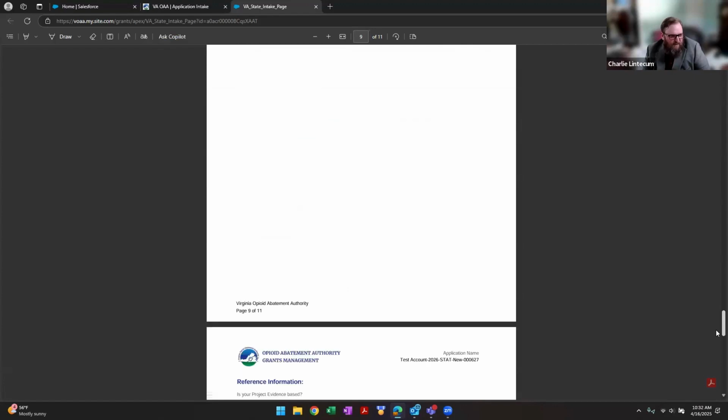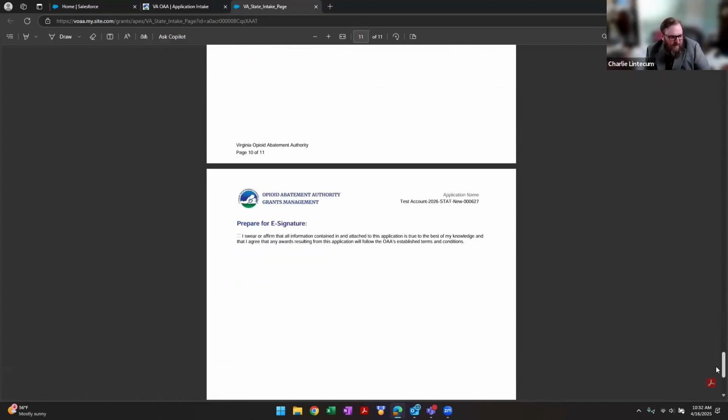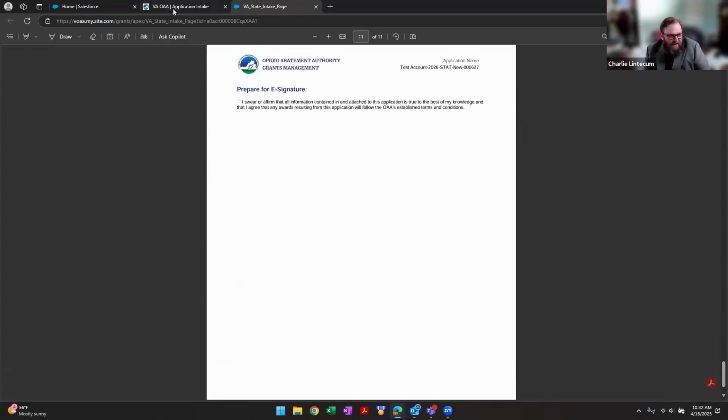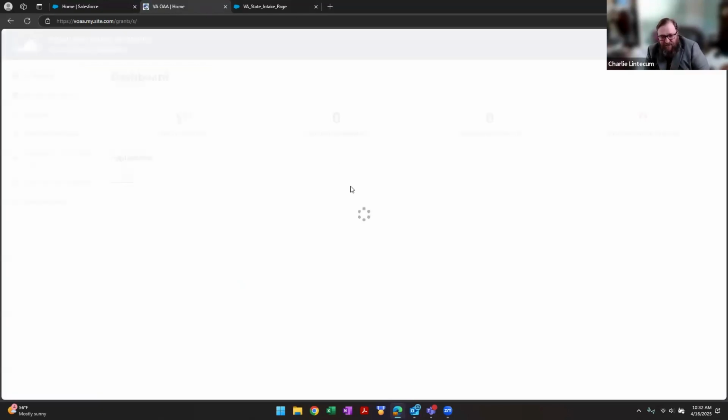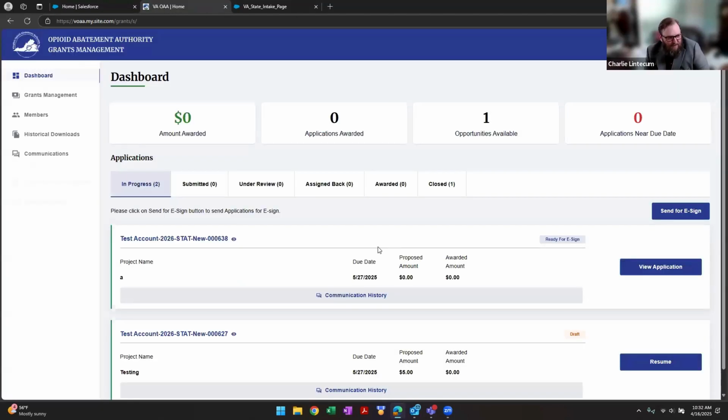Looks somewhat similar to applications we've done before. And you may see terms like that where you'll see application through here, and we've been using the term proposal. We've tried to separate applications, or what cities and counties submit, and proposals, or what state agencies submit, but we haven't gotten all the terminology quite straightened out in the portal and trying to get it out and get it usable. But you can consider an application and a project proposal to be interchangeable terms.